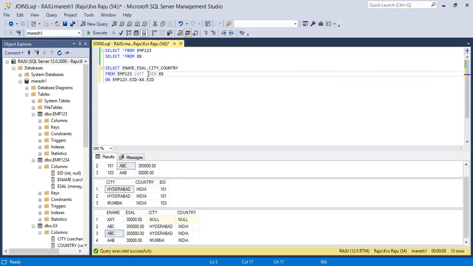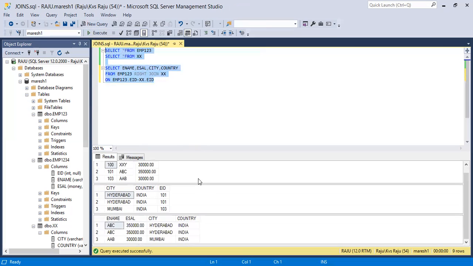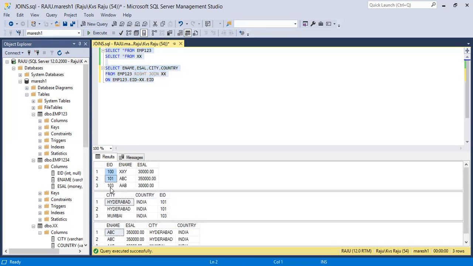If you want a right join, just type right join and execute the same query. You see here, all the records from the right side table, 3 records: Hyderabad and Mumbai, country India. Only matched records means these two only.